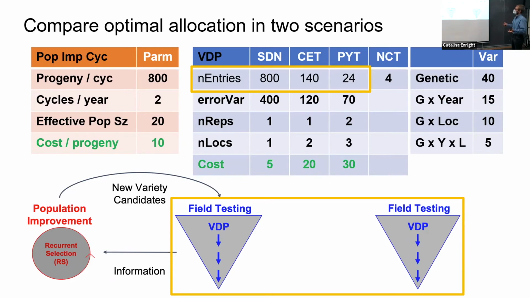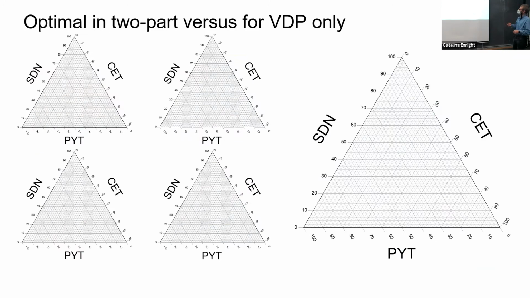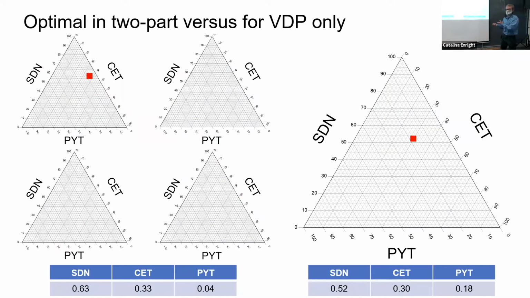Otherwise, everything is the same, and the recurrent selection is cruising along with quite a bit of effort, lots of progeny. And okay, well, I'll just show you where the maxima are. And interestingly, okay, so they're pretty different, right? When you optimize for the 2-part strategy, which are these 4 somewhat different triangles, you allocate a lot to the seedling nursery where you're genotyping. You allocate almost nothing to this